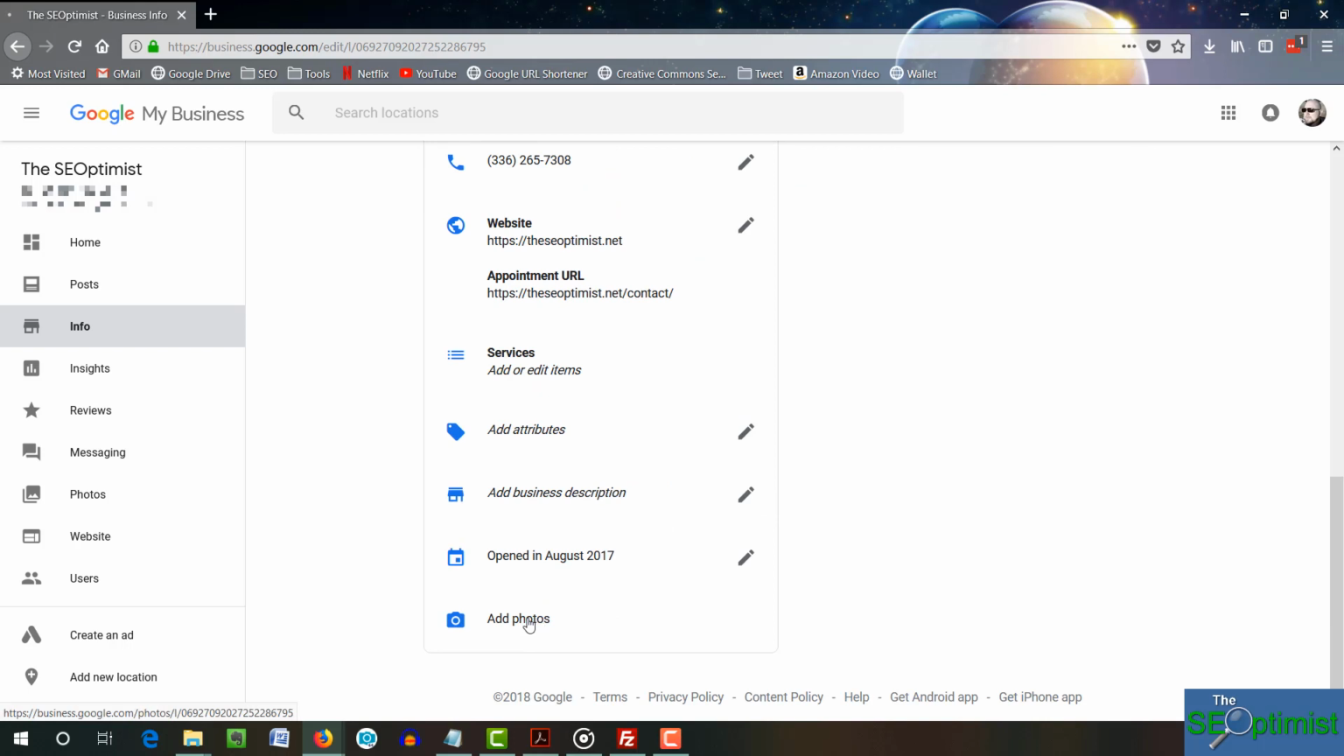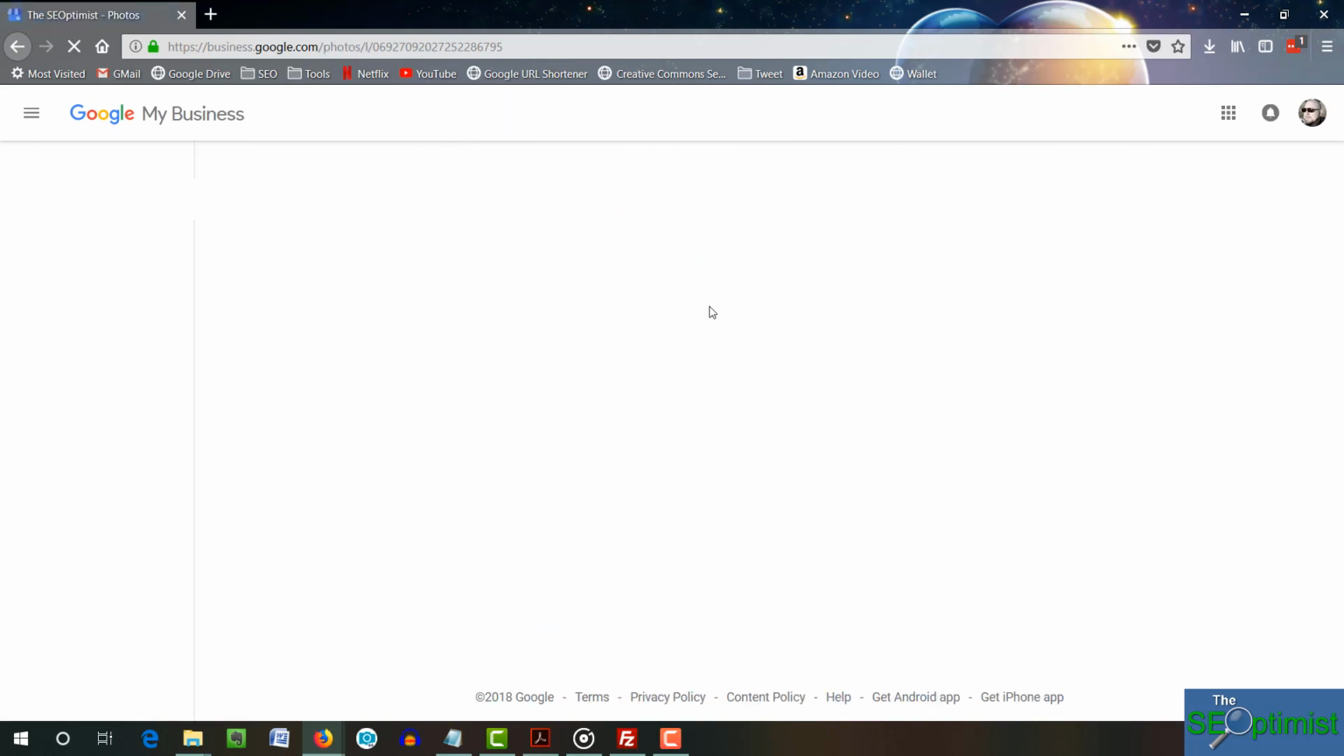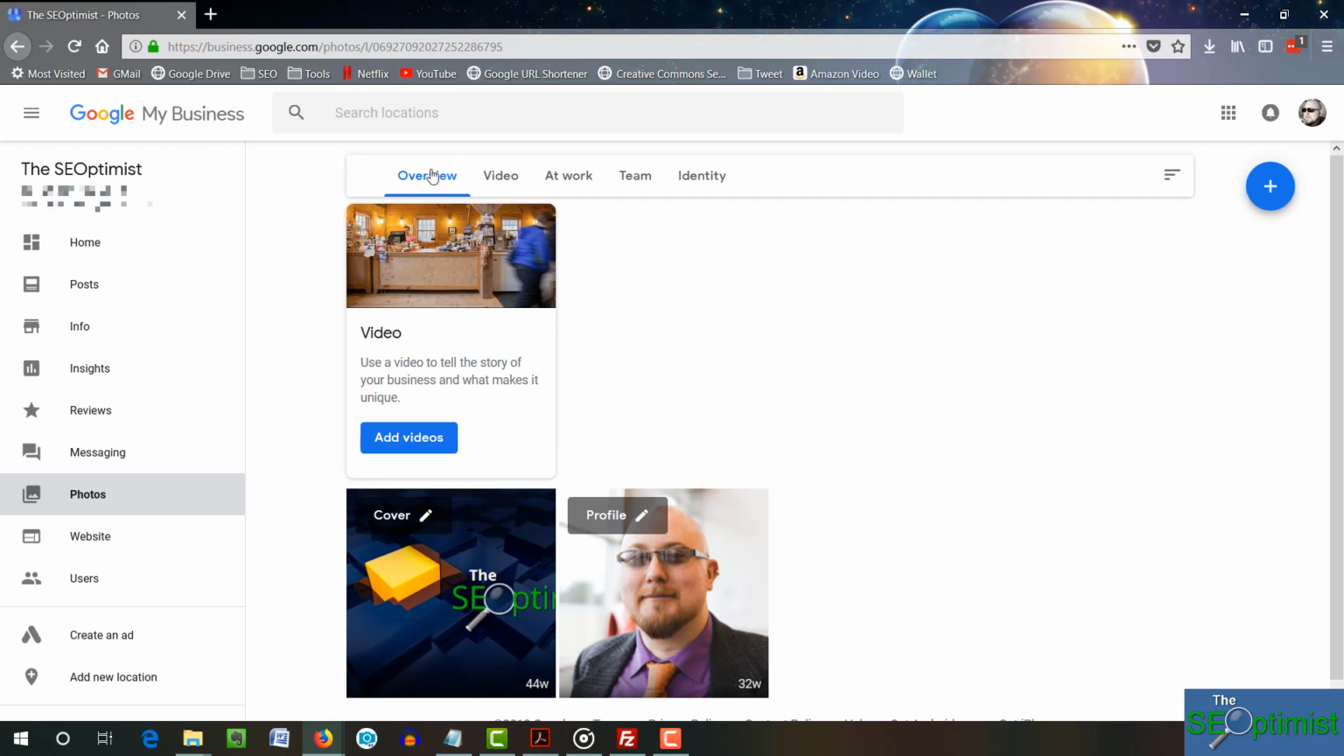And under Add Photos, when you click that, it will take you to a separate Photos page where you can add photos as an overview, and then you have different categories here. You can add videos. If you have shots of your team in the middle of projects and such that you want to share, you can do that. Shots of the team itself. Identity. If you had services created, it would add another thing here where you can actually show product shots, service shots and stuff. So say if you're a local painter, then you could show pictures of your work or of you painting or things like that,